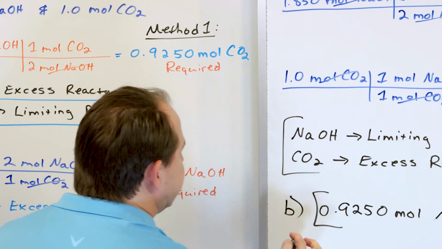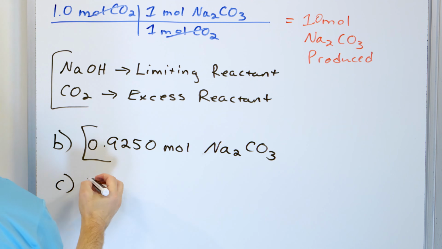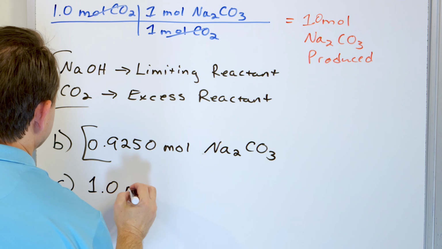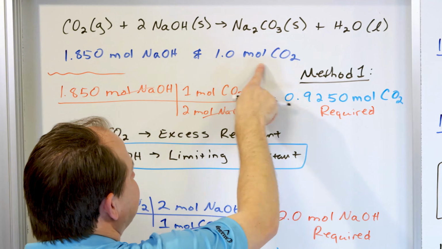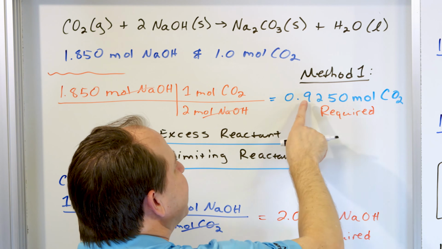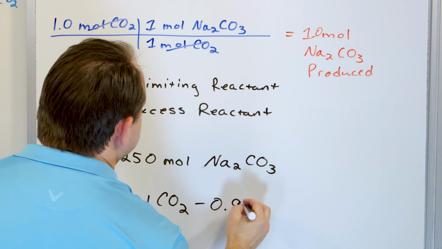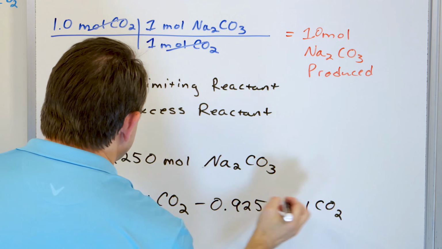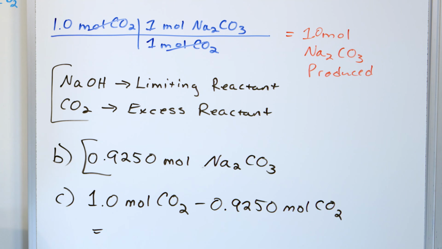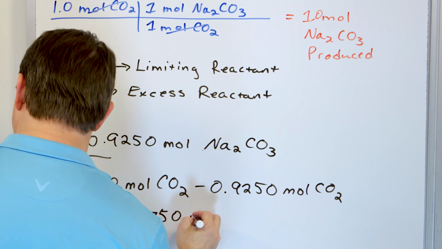So for part C, how much excess reactant will be left behind, what we have to do is take the 1 mole of carbon dioxide, which was in the reaction vessel, and then we subtract off how much carbon dioxide was actually consumed, 0.9250. Right? And then take the 1 minus that, you get 0.0750 moles